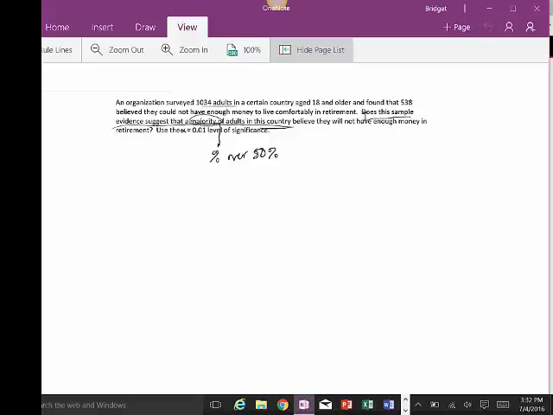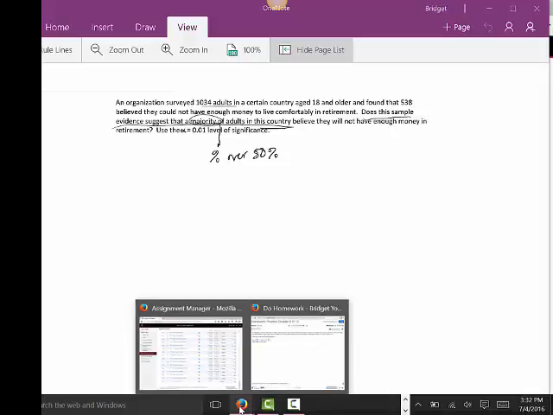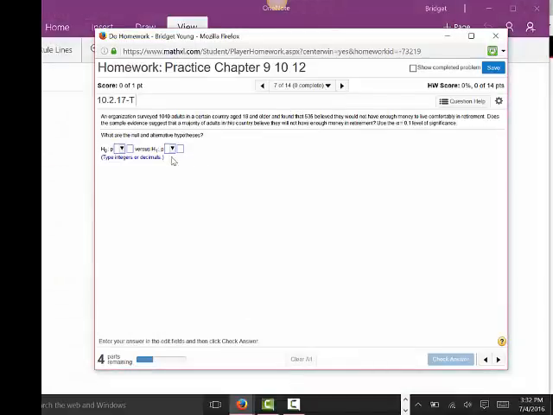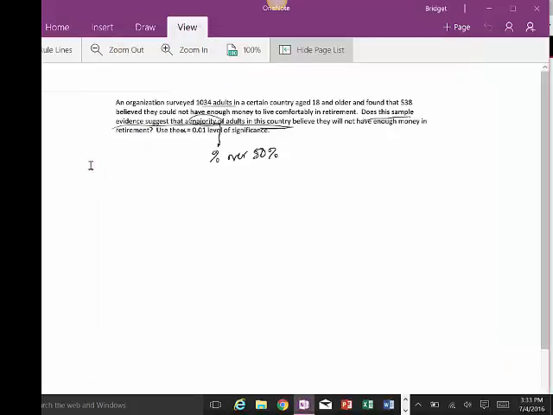As you look at these exercises in MyStatLab, some of them will have slight variations on parts, but they will generally ask you for the main components of a hypothesis test. You can see here that in MyStatLab they're asking you first for the hypotheses. Generally in a test about a proportion, the steps are as follows. List the hypotheses,